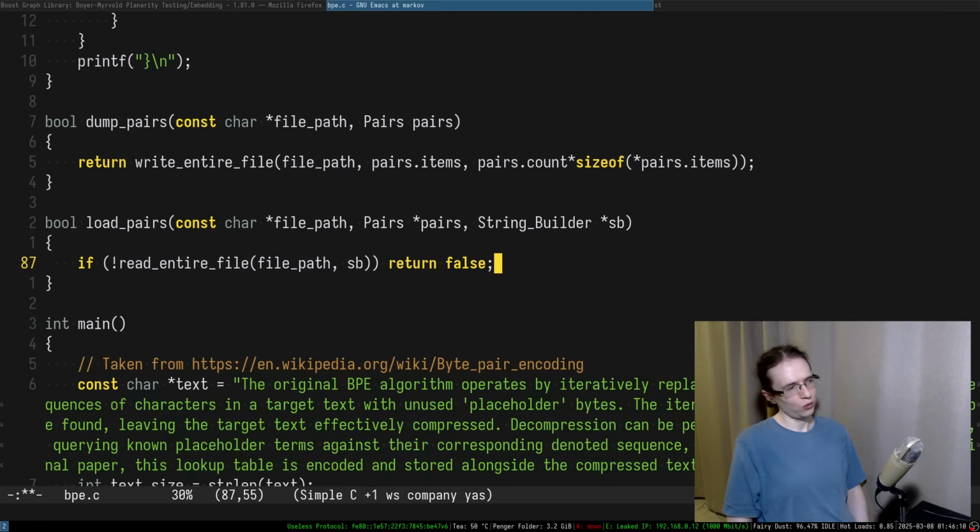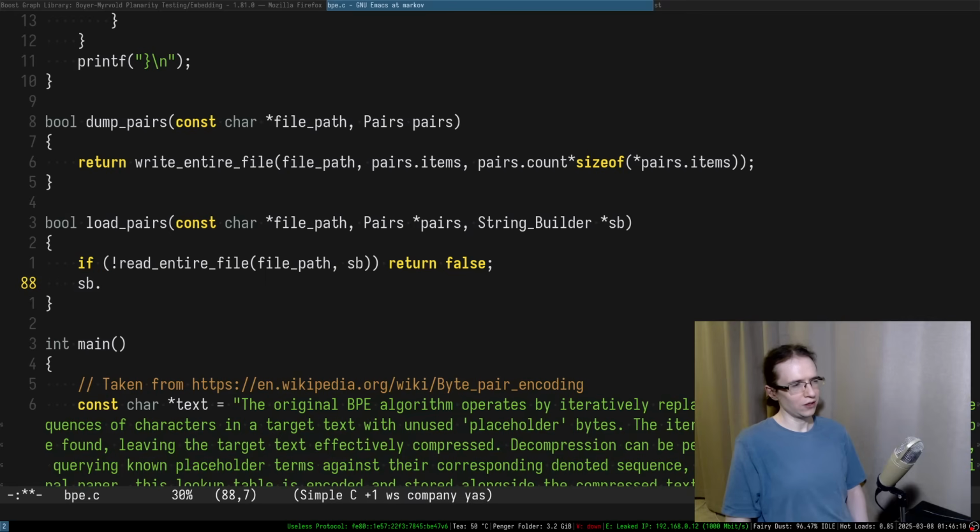All right, so after that, we need to take the size of the buffer, right? And we need to make sure that it is divisible by the size of the pair elements. So this is going to be pairs items. Yeah, so it is divisible. We're going to do an assert, right? Let's actually not do assert. If it's not equal to 0,